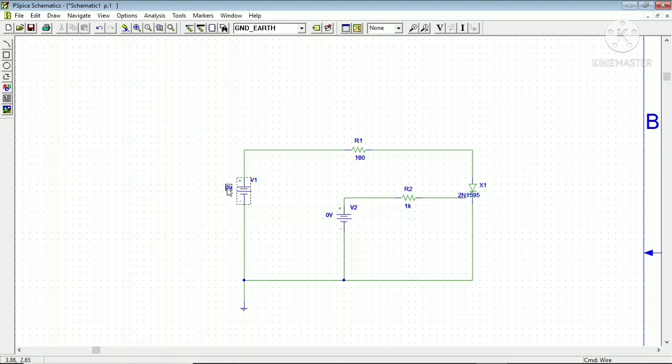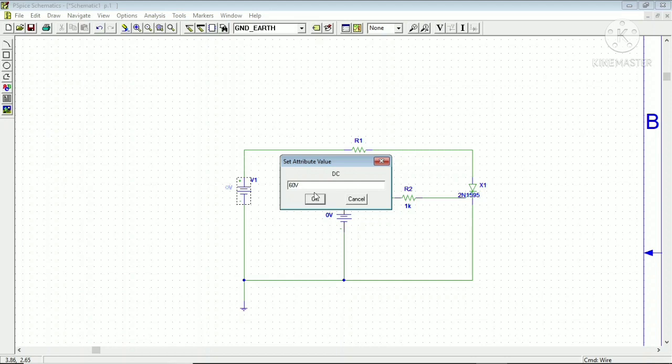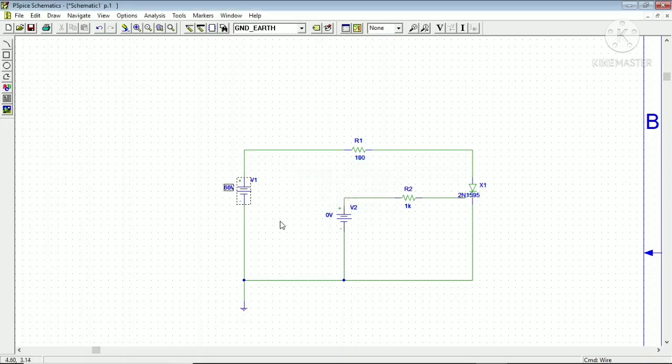Now, what should be the anode to cathode voltage? For the breakover voltage without gate triggering, that is, forward voltage triggering, I have already explained all this theory part in the other video. You can refer to that one. So you can double click on this and apply 60 volt, because beyond 50 volt a breakover voltage will occur as per the data sheet of the 2N1595. I have shown this in the theory part of the VI characteristics of SCR, and let the gate voltage